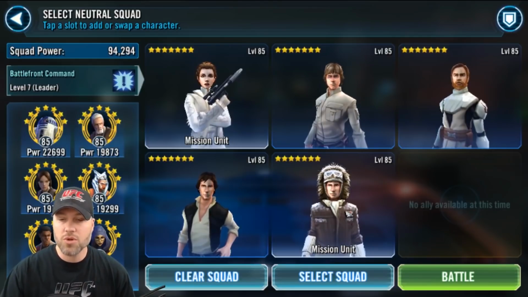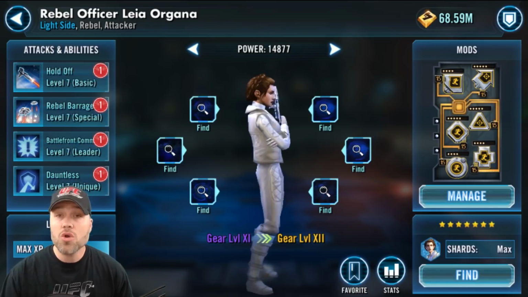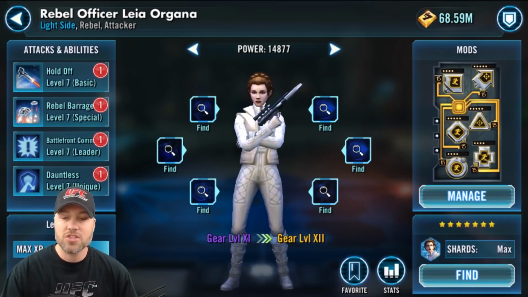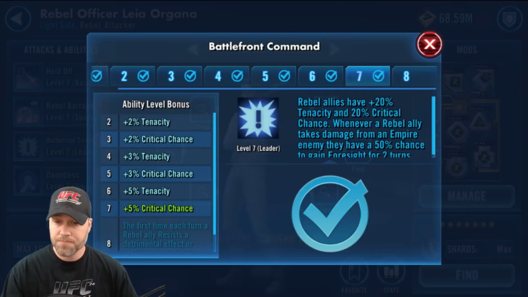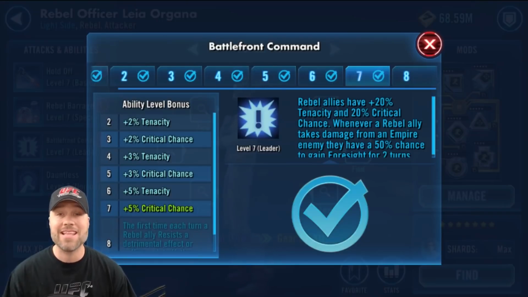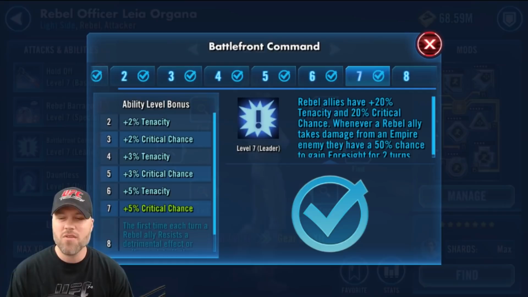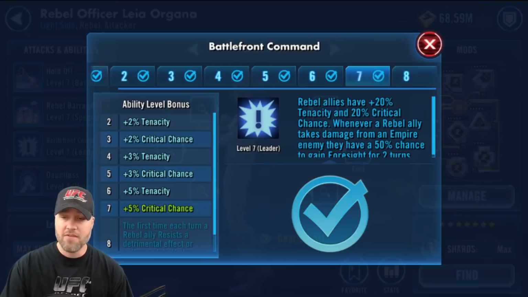So really quick, I just want to go in, and you should know your enemy, but you should also know your team. And I rarely use her. If you click on her leadership, it says Rebel allies have tenacity plus 20%, which is meh, and plus 20% critical chance. So it raises everybody's crit chance up. Everybody you're taking in is more than likely going to do critical damage versus regular damage. That is good. It says whenever a rebel ally takes damage from an Empire enemy, they have a 50% chance